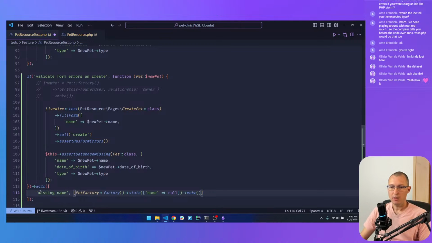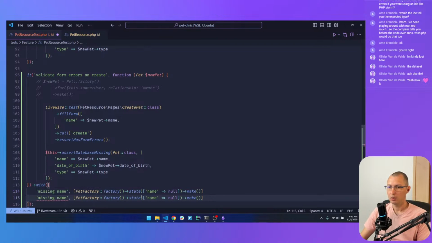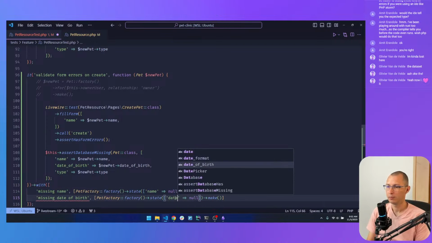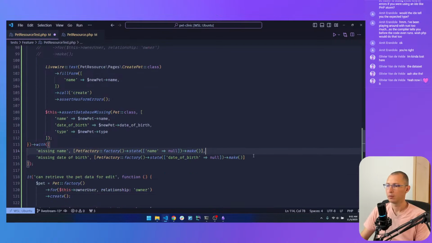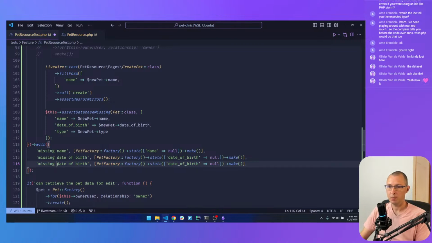So I have a dataset with a missing name. So let's create a new one with a missing date of birth. Finally, the last dataset would be missing type.